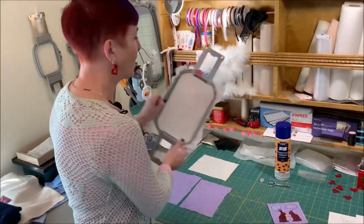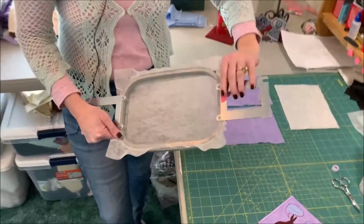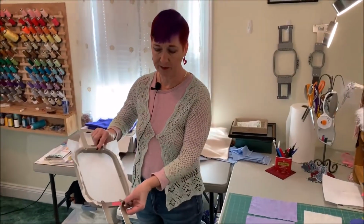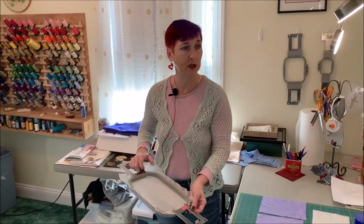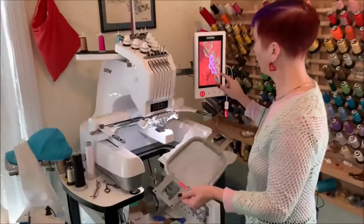You'll also need wash-away stabilizer, the fabric kind, not the plastic kind. I've already put a piece of that in my 5x7 hoop. And the other little thing I like to do is I put a piece of tape on one side of my hoop. That helps me keep track of which way it goes when I take it in and out of the machine. So let's come on over to our machine